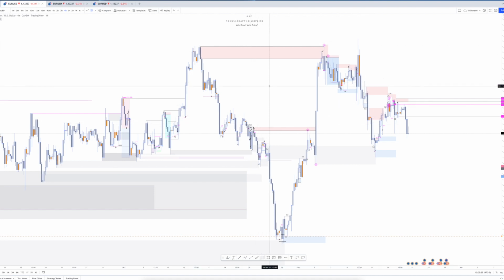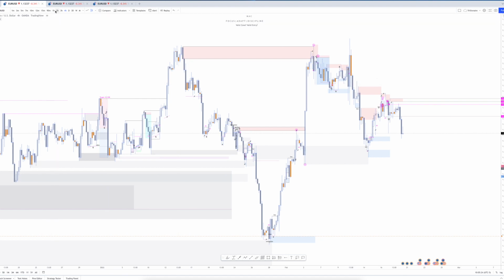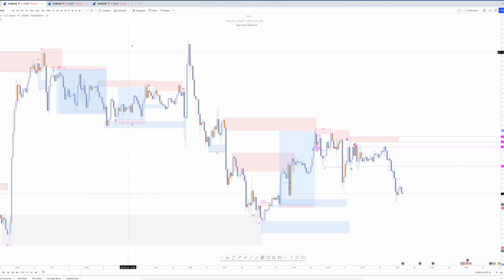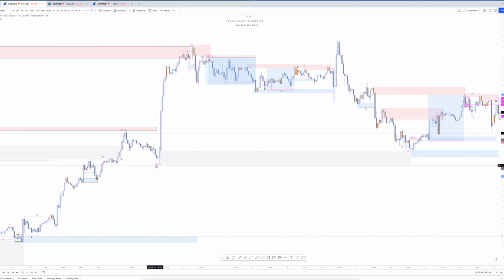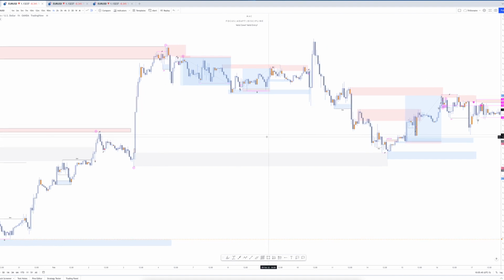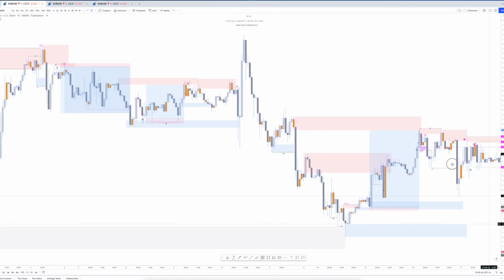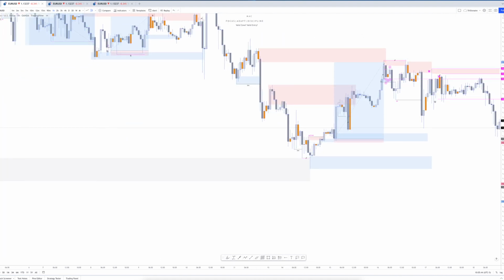There we go. Now let's go ahead and move down to the H1 and talk about the nitty-gritty of things. This was our H4 zone based on the higher time frame. We could have actually refined this to the H1 to this candle here, which could have been completely fine based on how I like to have my refinements. And we can see based on the H1 time frame, as price comes back into this area,